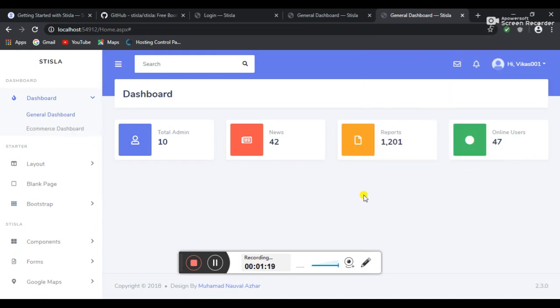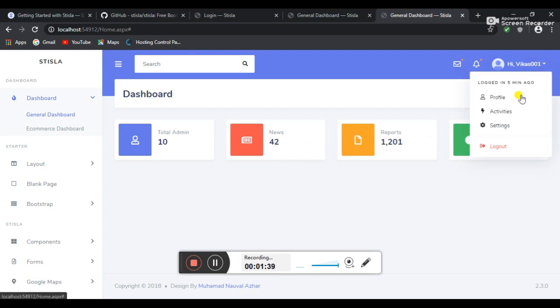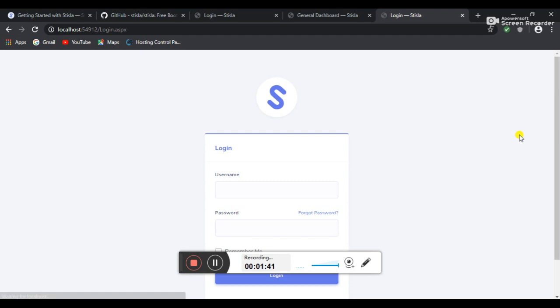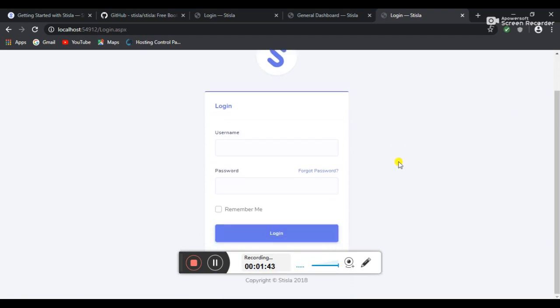Alright, see, success. Now the 4 boxes have been added here, and the login name Vikas is here. Alright, and this is the home page. On the home page I have only provided these 4 boxes. Okay, now we will do a logout. Just click here and click on logout. Alright, logout is also a success.